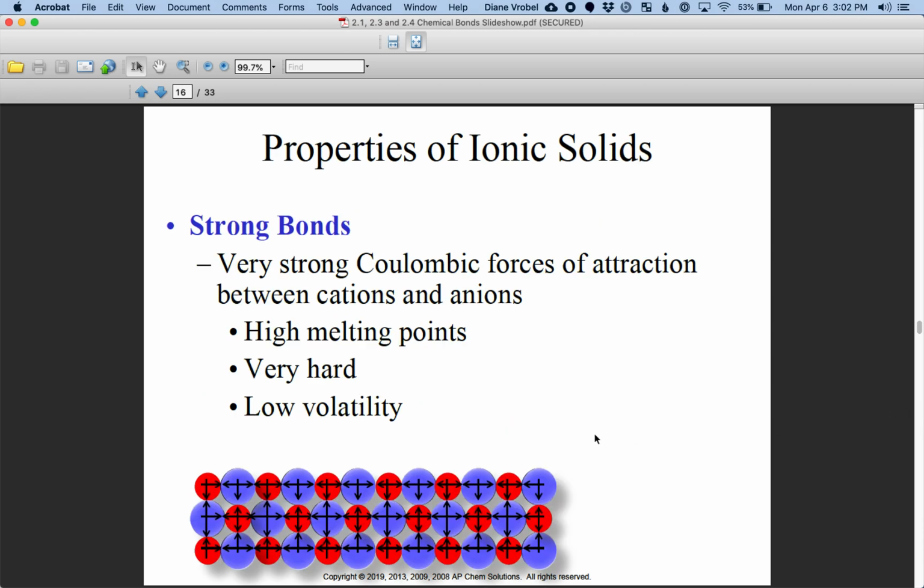Now, when we look at properties, ionic compounds have very strong attraction with each other. So as a result, their melting points are very high. So if you took salt and you tried to heat it up, you're going to notice that it is not going to decompose quickly because it has a very high melting point. And as a result, the solid is very hard. So as a result, it's very hard for you to